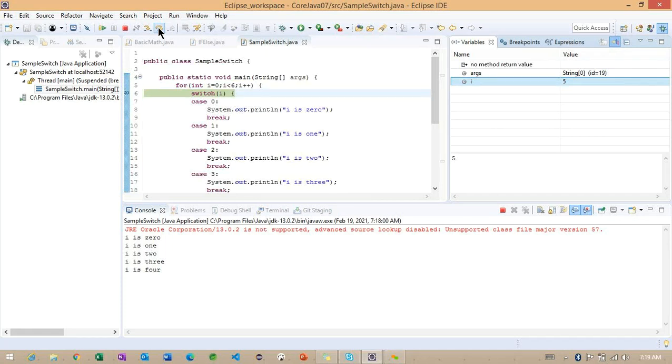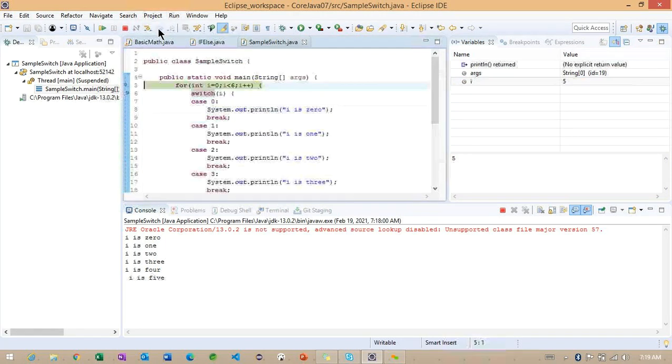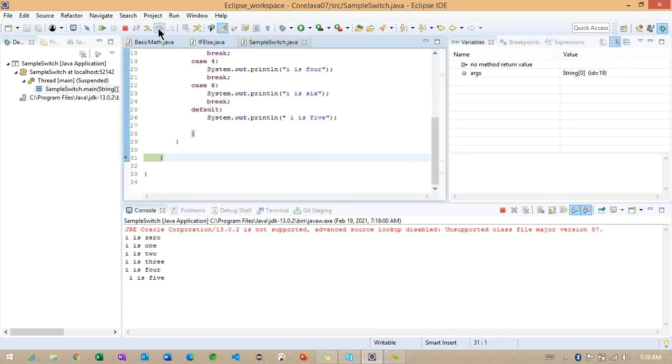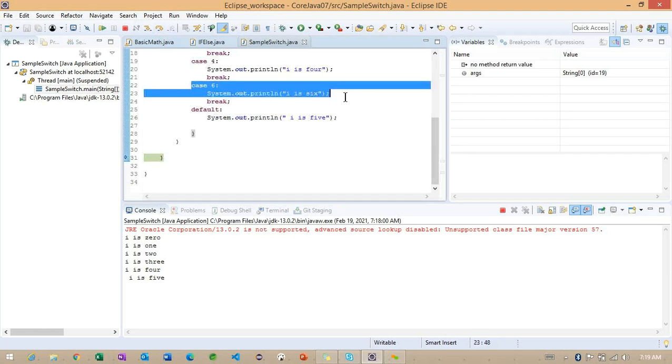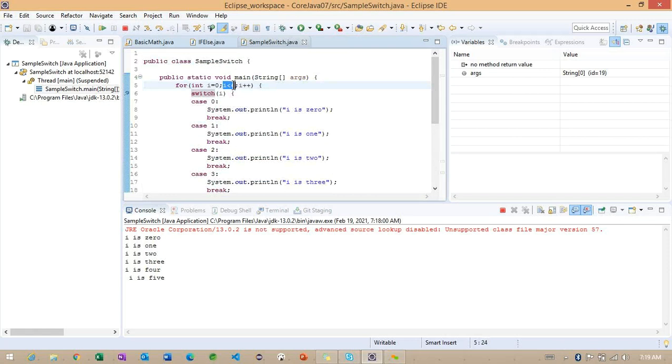So what is it doing here? Directly it's checking with the default one. If any condition is not satisfied, it will come back to this particular default one. Observe here, so it's now come out of the loop. Even though the i value is 6, this particular condition is failing here. Because of that, it's come out of the particular loop here. Okay, so this is one more.